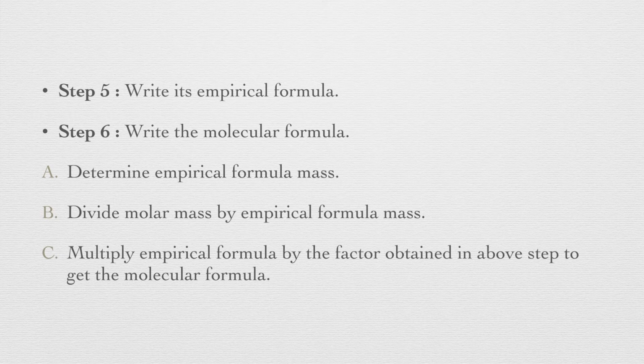Now for your understanding, like I got the empirical formula as what? CH2O. Okay, the simplest ratio I got it as what? 1:2:1. After that I wrote the empirical formula as C1H2O. Then if I get the factor R as 2, then what will be the molecular formula? Molecular formula is equal to 2 into CH2O. Then it will be what? C2H4O2 will be my molecular formula. So hopefully you understood this thing.